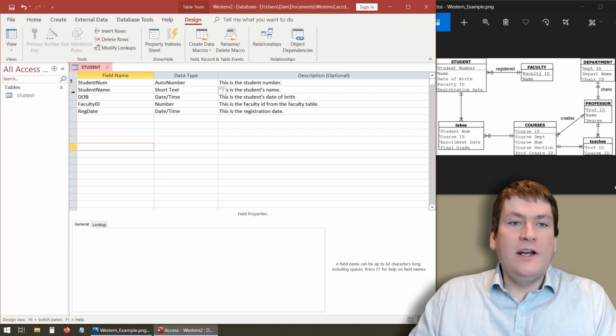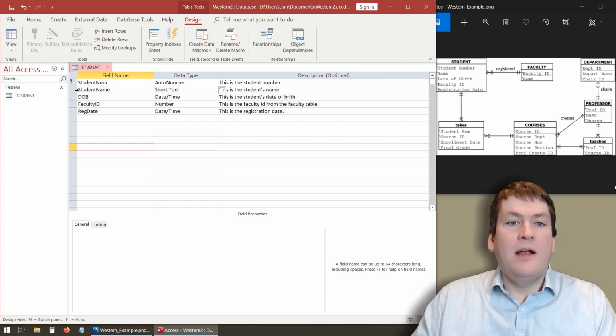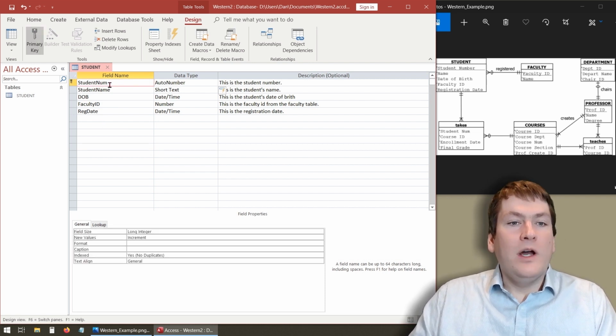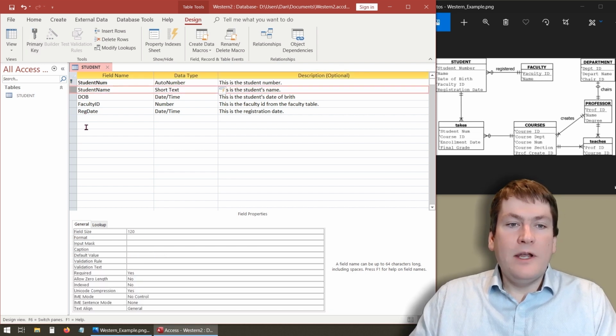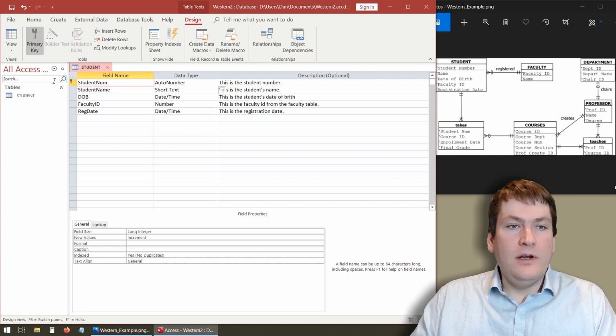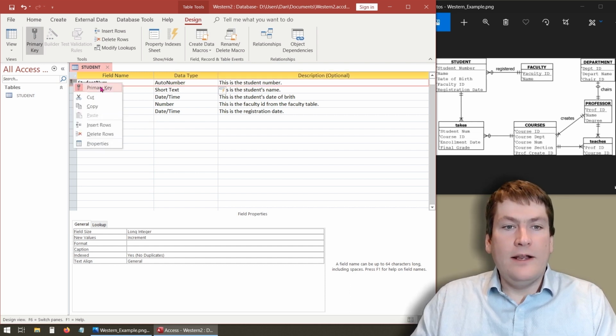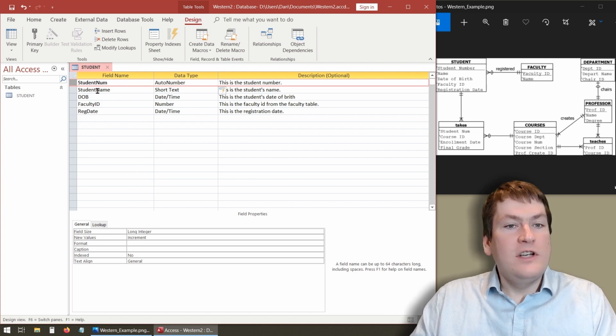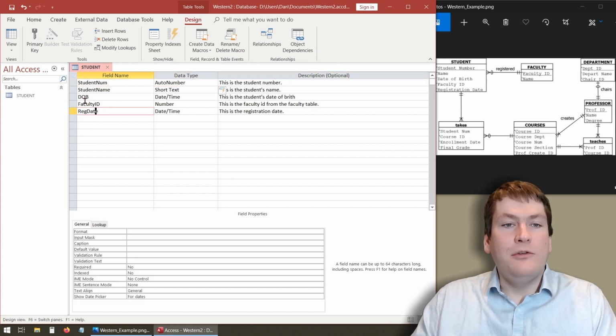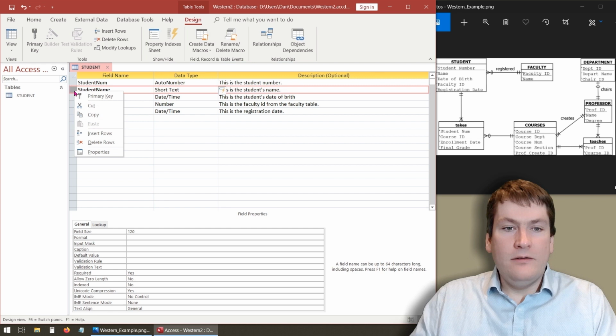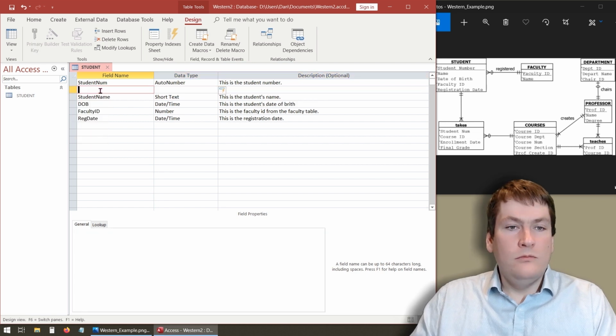Say we wanted to modify our table eventually and change what the primary key is. Maybe we don't want a student number, maybe we want some other special student ID. The way we could go about changing that is we'd go to student number and click this primary key button up here, or we could right click and select primary key, and that takes away the primary key property from student number. Then we could insert a new row. We could call this